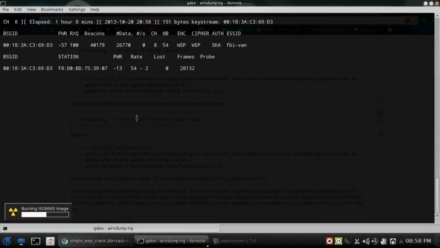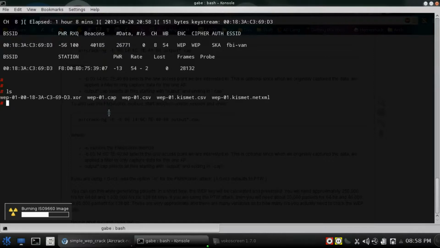data packets, so I'm just gonna Control C that, and as you can see, we have some stuff here. This is the one that we're interested in. So to crack it, basically what it just did is captured all those packets, and now it's gonna use those packets to crack the key. So to do that, just type Aircrack-ng,